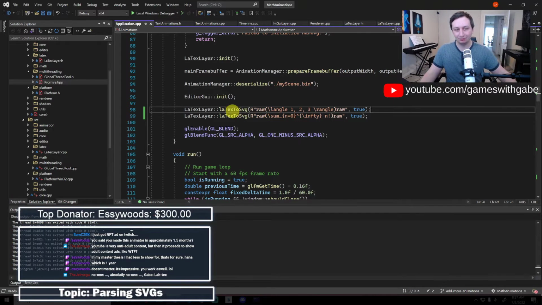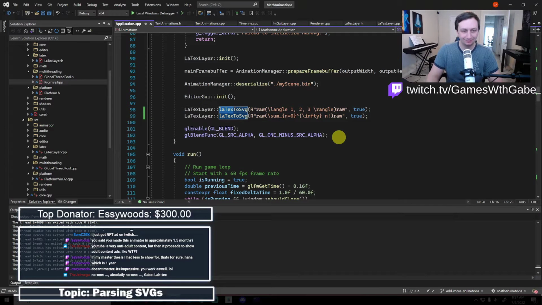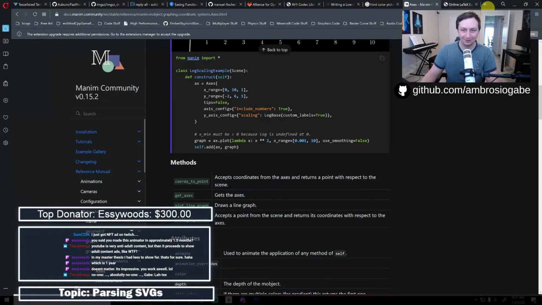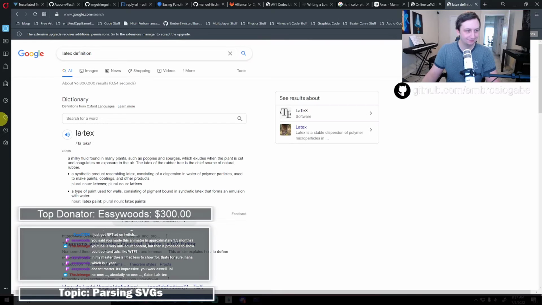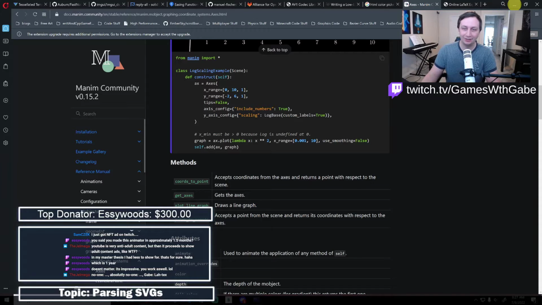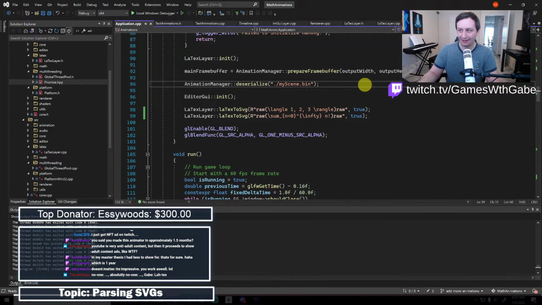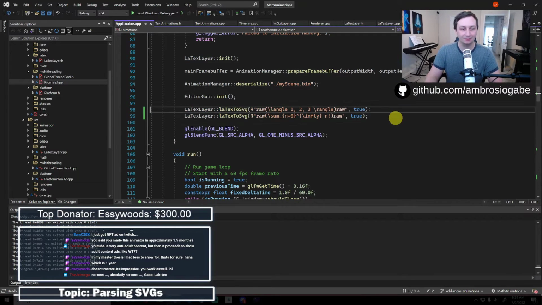I don't know why they would call this LaTeX. It looks like latex, and LaTeX makes me think of latex, you know? Which I guess you spell the same way, don't you? Latex definition. Let's just see. I'm curious. Yeah, so Google says it's pronounced latex. Okay. So actually, everybody says latex, and Donald Knuth, I don't even think he made latex. He made TeX, which is just TEX, and I don't even know if he pronounced it tech or tex. So whoever made this one was dumb, in my opinion, and called it something they shouldn't have.